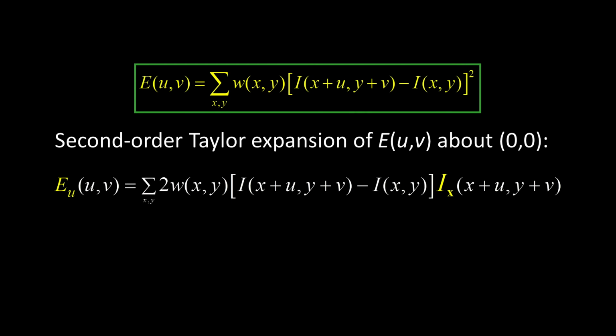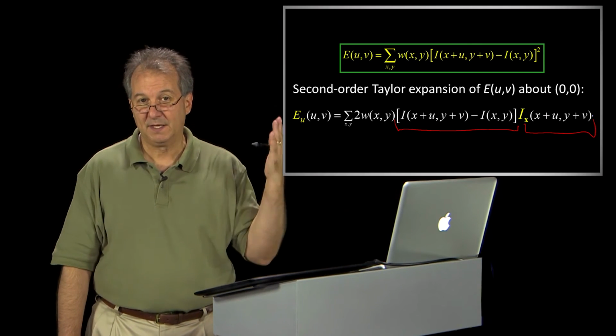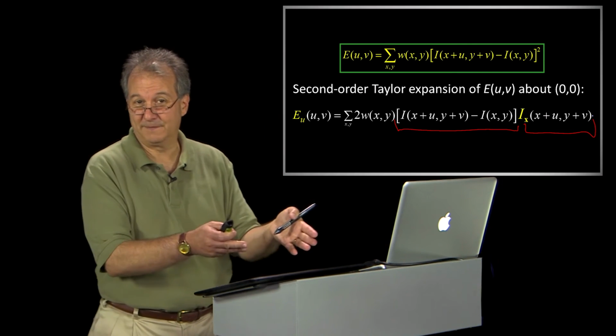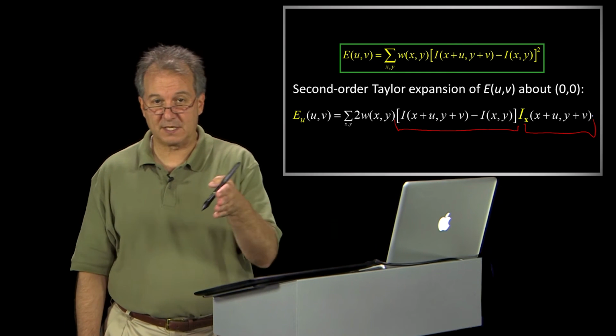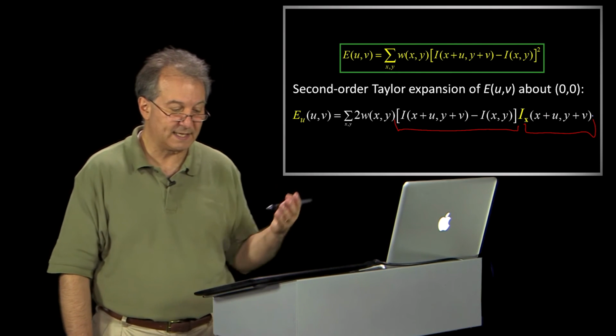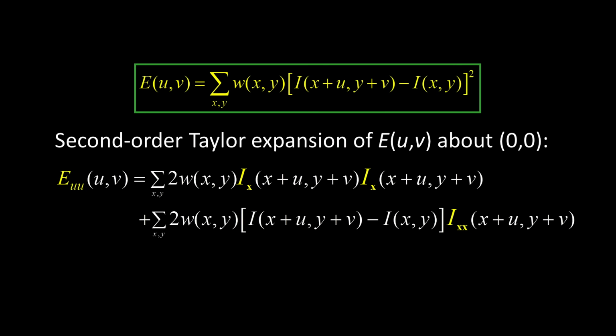Now we're going to do the second derivative, so we're just going to take the derivative of this with respect to u. There are two parts here, right? We've got this part, and we've got that part. The derivative of a product is the derivative of the first times the second plus the derivative of the second times the first. What is that going to look like? It's going to look like this.